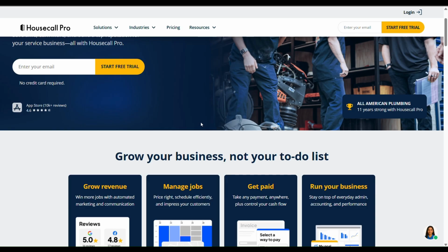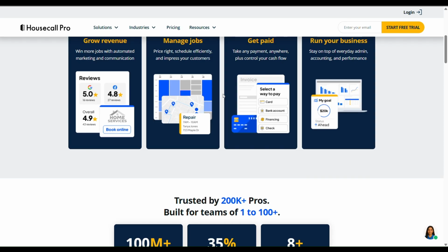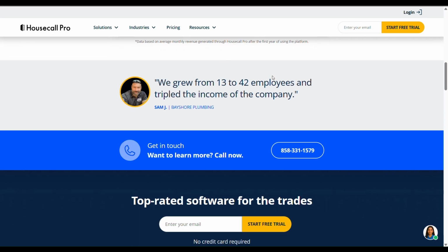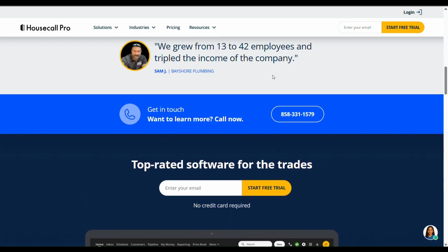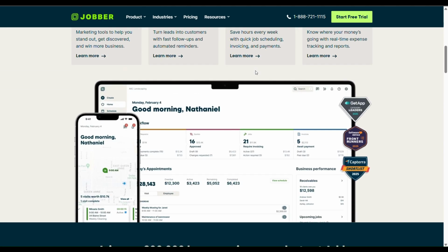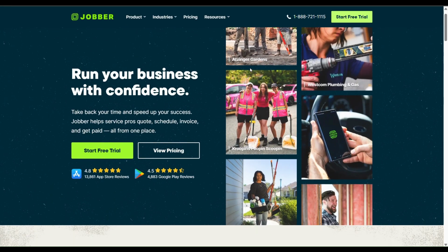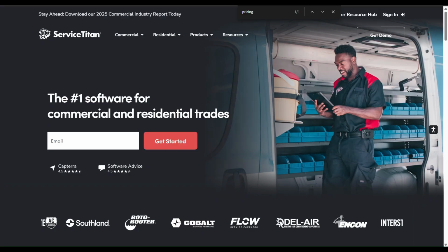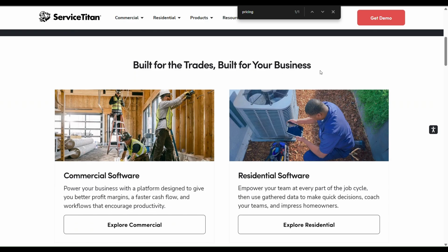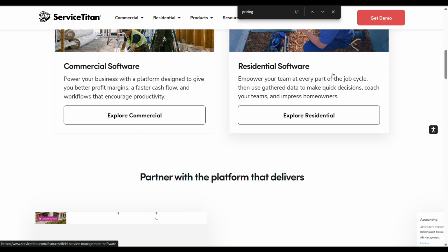So which one should you choose? If you are a small business or a solo technician or just starting out, Housecall Pro is a great bet. It gives you many essential features at a reasonable price, with good usability and mobile performance. If you want something flexible with good capacity to grow, but still not enterprise level, Jobber might be better. It has decent features, moderate pricing, and scales reasonably. If your business is large with many technicians, complex inventory or parts tracking, or you need advanced analytics, ServiceTitan is likely the right choice. But only if you're ready to pay, manage onboarding, and put in the effort to use